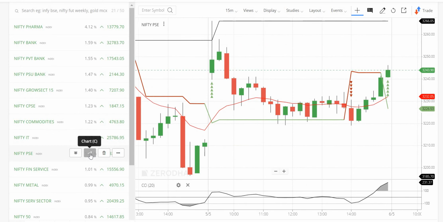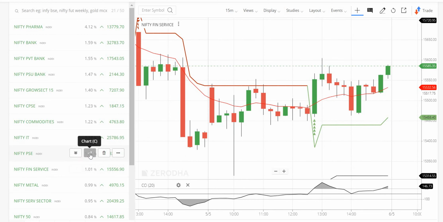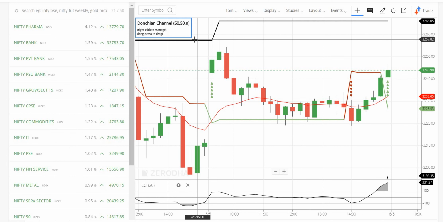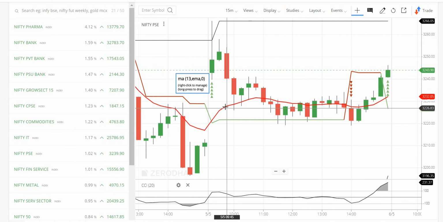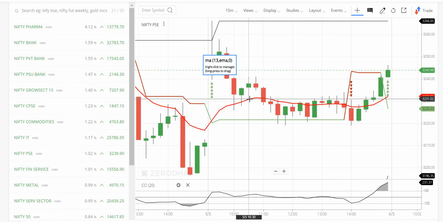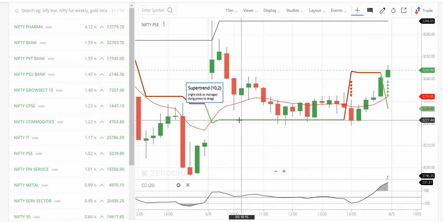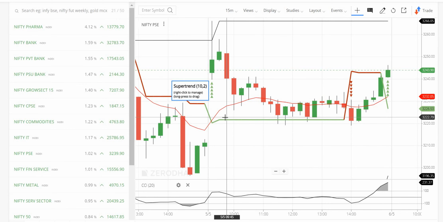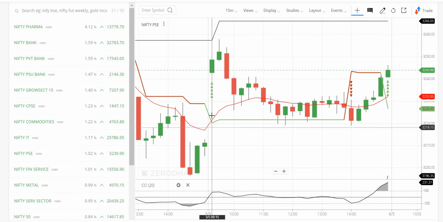It takes maybe 10 seconds in the live market to look and understand where they have opened, because in the live market, I will also look at where they have opened with respect to my 13 EMA as well as the Super Trend 10.2. So ideally, I would look at whether they have opened above these two indicators or below.